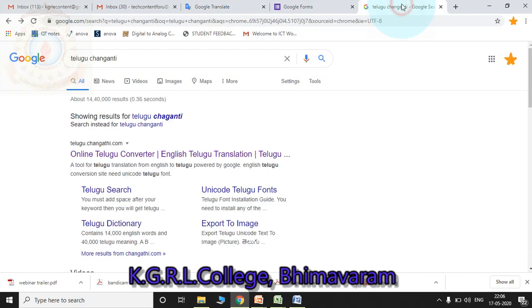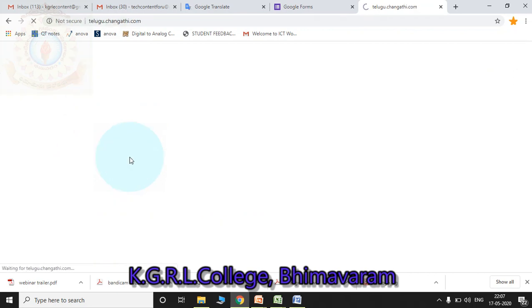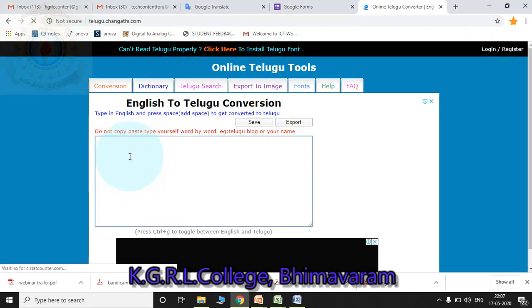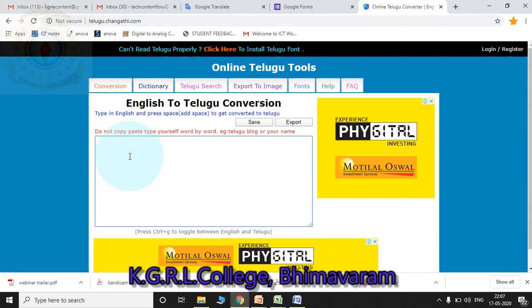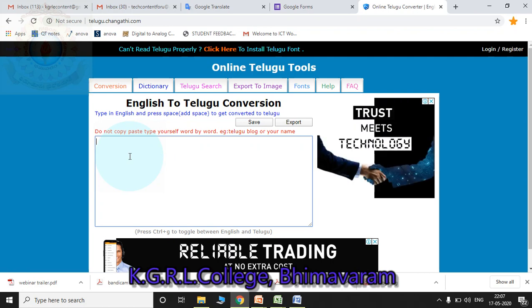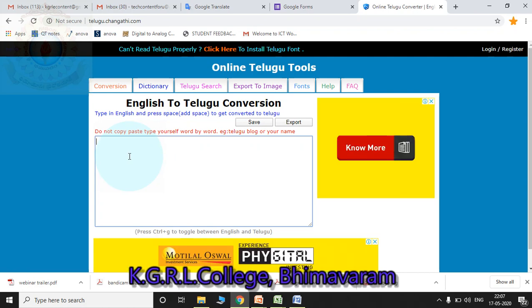Another option is there, like in the Google search, type like Telugu. Actually we will pronounce like Sangati, Sangatalu. So similarly the name given to website is telugu.sangati.com, online Telugu converter. Go to this website. So I want to type the information like Paramanuvula Kalayaka. Suppose in the chemistry I want to type like Paramanuvula Kalayaka.